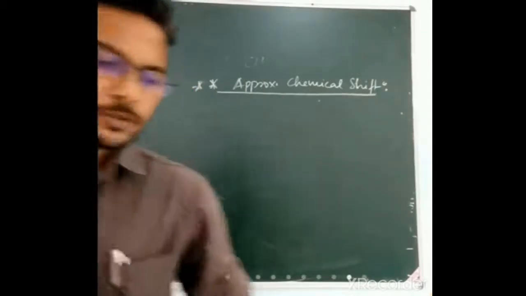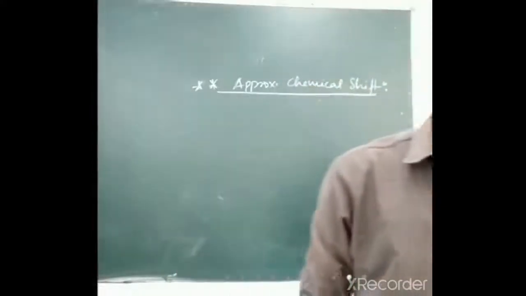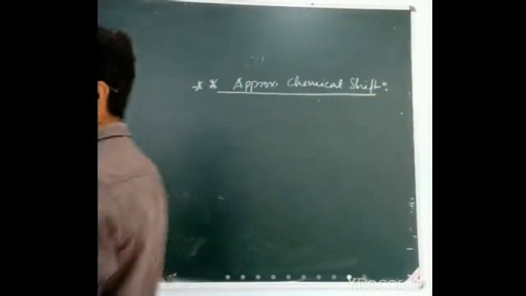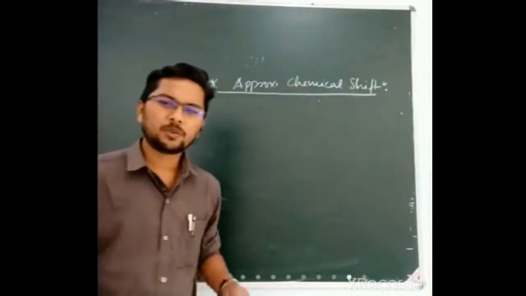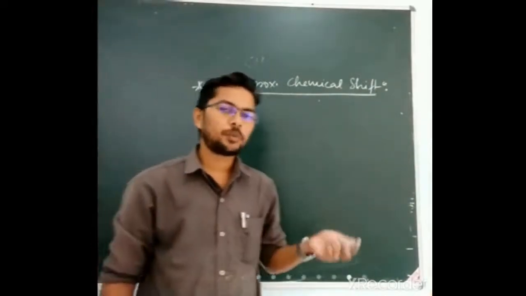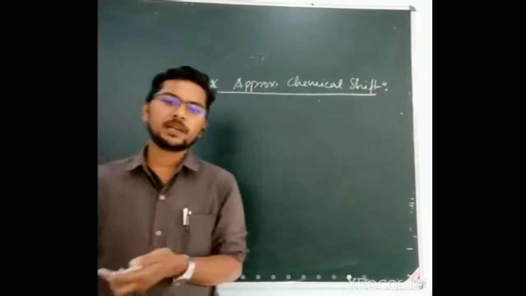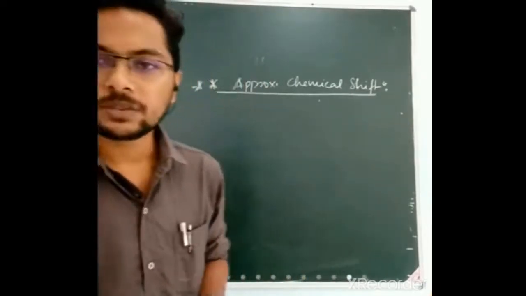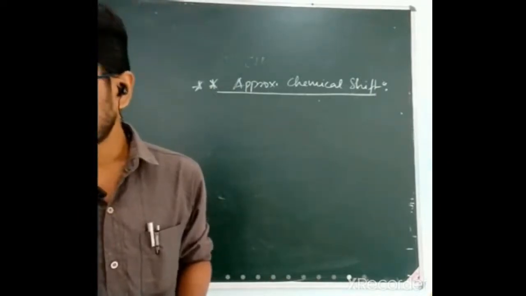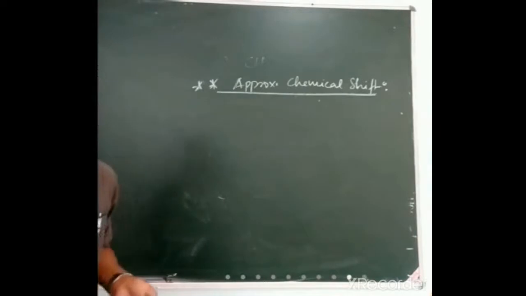So what are the values we have remembered till now, or we have discussed? We have discussed alkanes. Alkanes come in the region of 0.7 to 1.5. Then you have alkenes. Alkenes come from 4.5 to 6.5, and the allylic protons, which are a little bit lesser, that means in the range of 1.6 to 2.6. Let's see some other groups. Okay. Let's see.